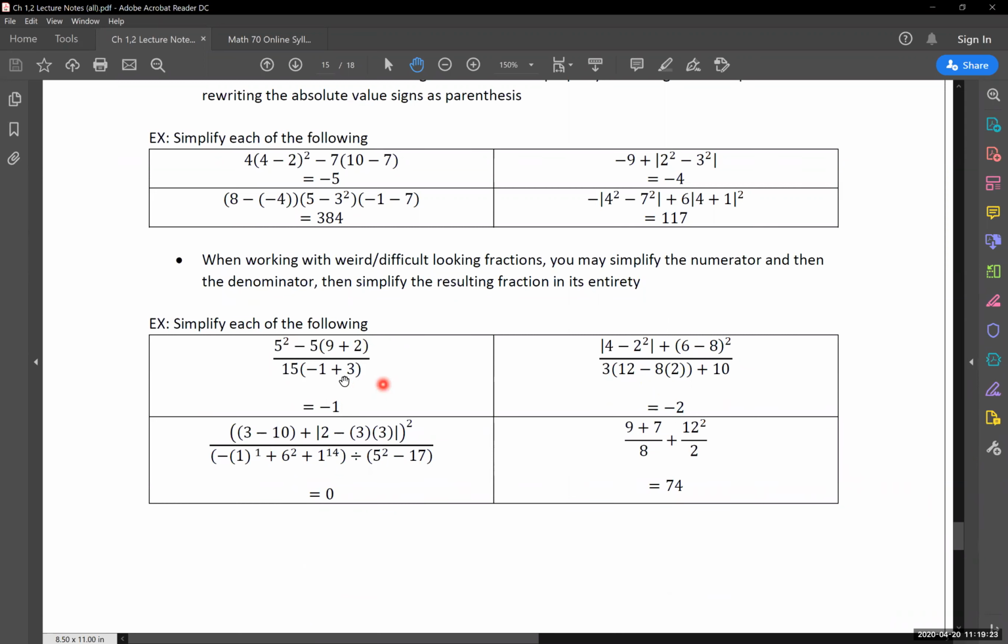You can also follow PEMDAS using everything still as an overall big fraction. It's your choice. I'll show both methods with this first example. But on future problems, on the homework or on the test, you can use either method. I just want to give you multiple options at your disposal for keeping your work organized. I'm pretty indifferent on which one you use, as long as it keeps your work organized and neat. So we'll jump back to our whiteboard and work with our first example with fractions.